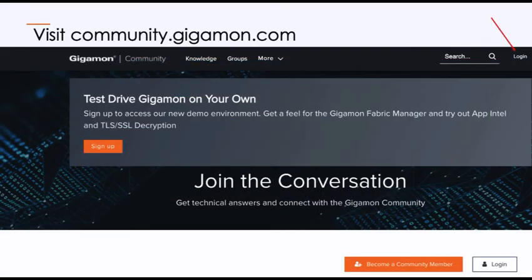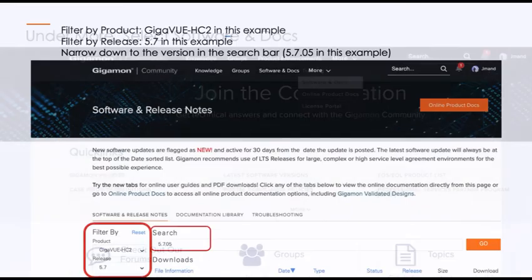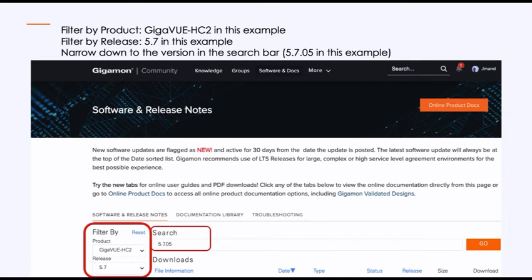If you go to community.gigamon.com, upper right-hand corner, and click login, it'll prompt you to log in. If you click on the more button or tab, that'll pull down to software and docs. From there, we'll want to filter. In that lower left corner, you'll see we'll filter by the product, HC2, and the release